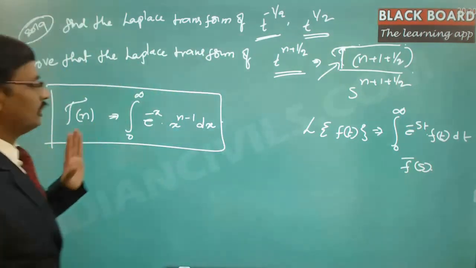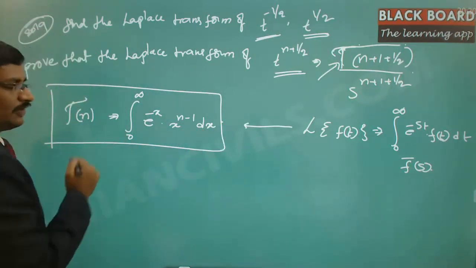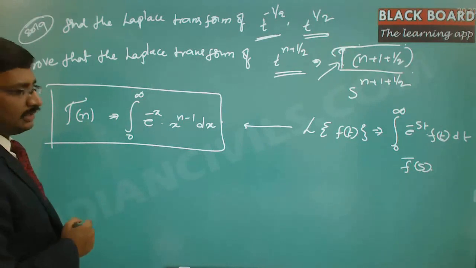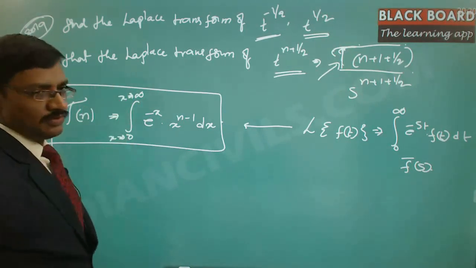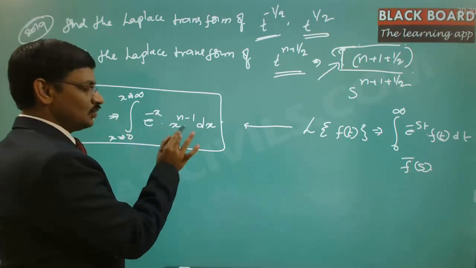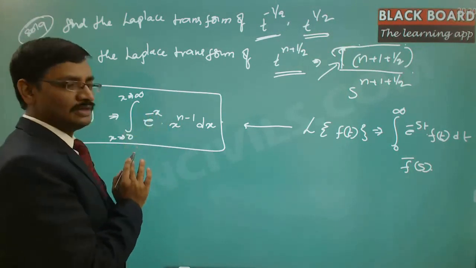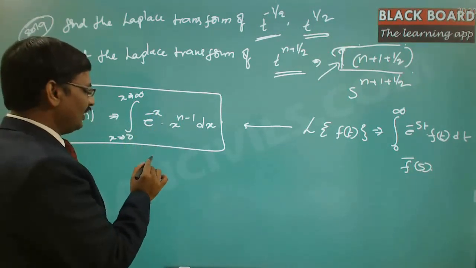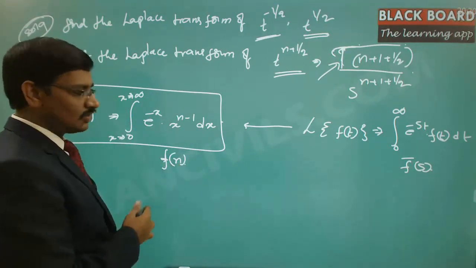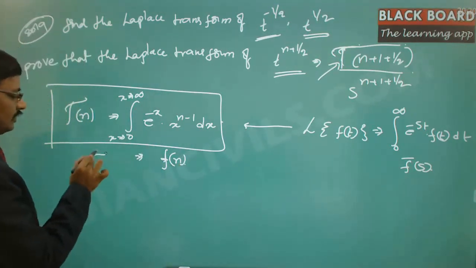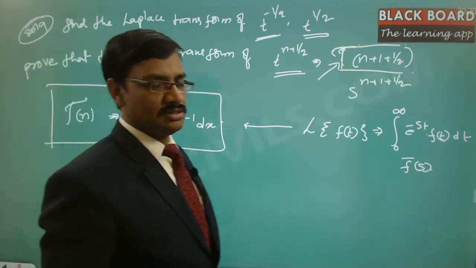Exactly in a similar manner, we have defined the gamma function as the integral from 0 to infinity, where these are the limits of x, x equal to 0 to x equal to infinity, of e power minus x into x power n minus 1. If you find the integral and substitute the limits of x, you will be left with some function of n alone. So this function is called the gamma function. This is gamma of n, and this is how it was defined. By definition, it was like that.